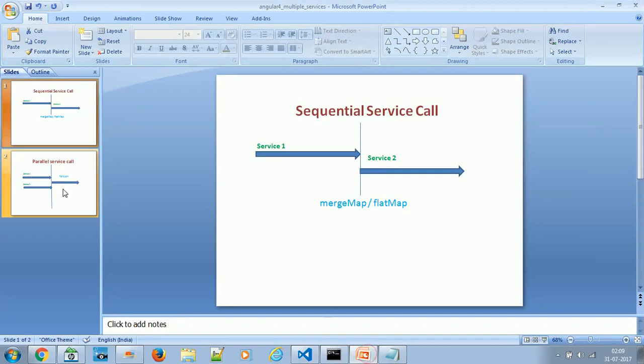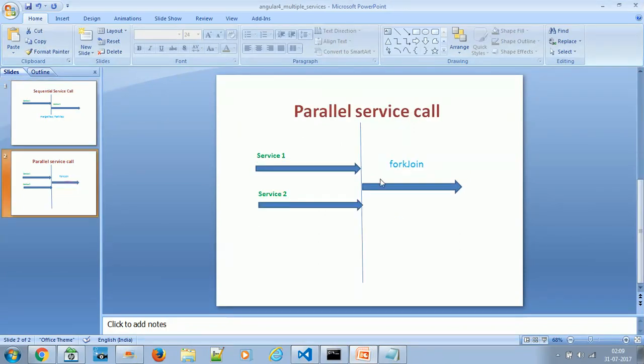Okay, now coming to the next part, when the service call is parallel instead of sequential. Like, say for example, there is one employee record, there are two different tables of employee record. One is his personal information, one table consists of his say accounts, all the accounts information or financial information, and both contain the same employee ID. So here the first service is not dependent on the second service, or second service is not dependent on first service, so they don't need to be sequential. They can fire in parallel. It will save us time, turnaround time. You can parallelly fire the service. So with one go only, you can retrieve both the informations.